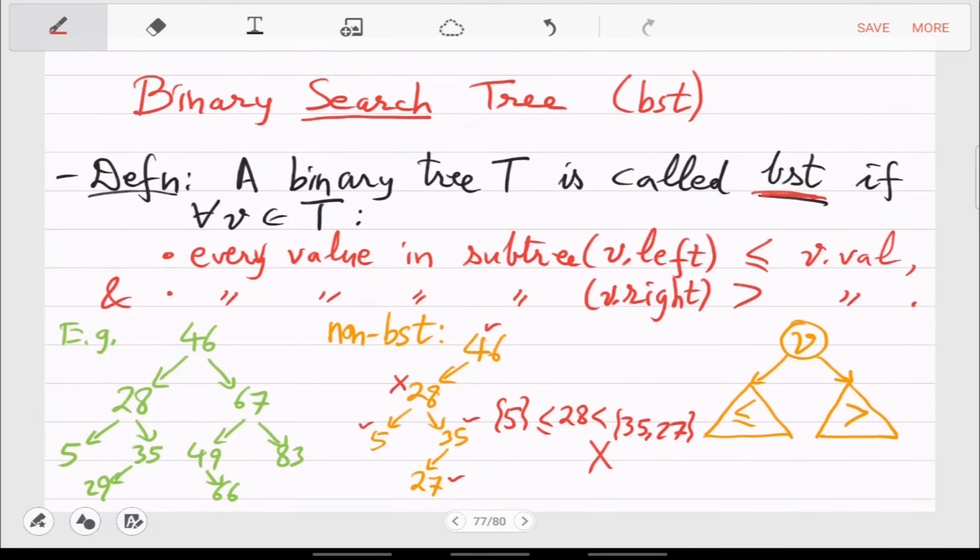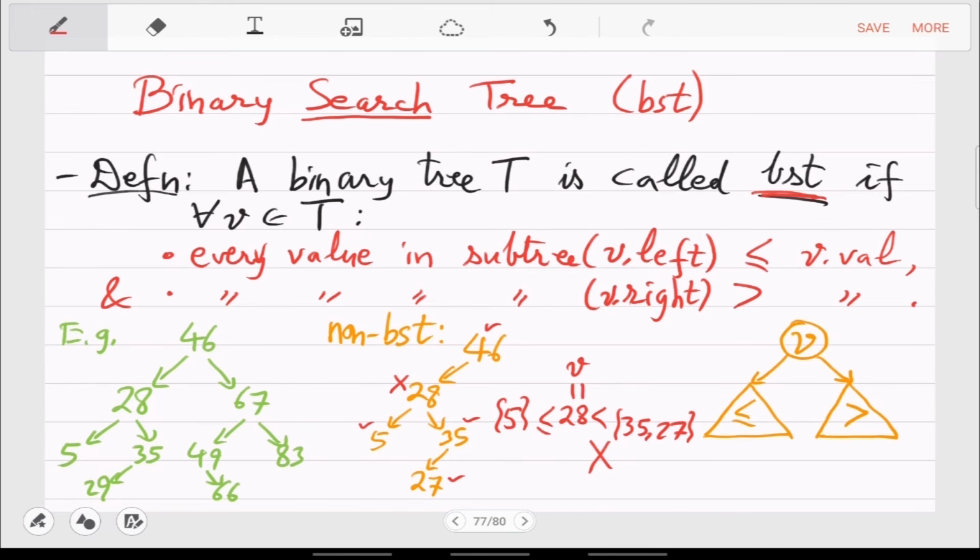But this is wrong. Okay, the definition asks you to check this. You are at a node, so V equal to 28. You should look at the left set and the right set, and they should be in order, which in this case is false. 28 is less than 27, that's false. Is that fine?